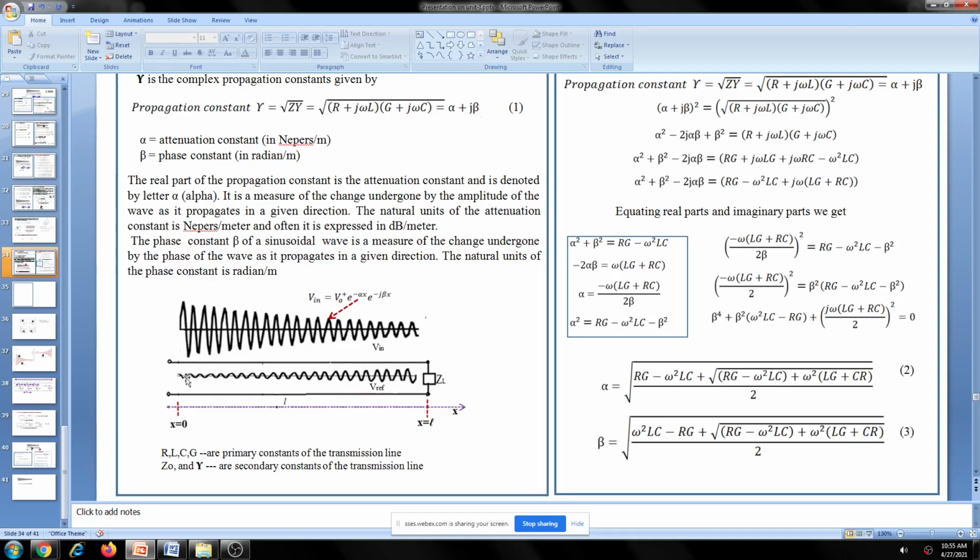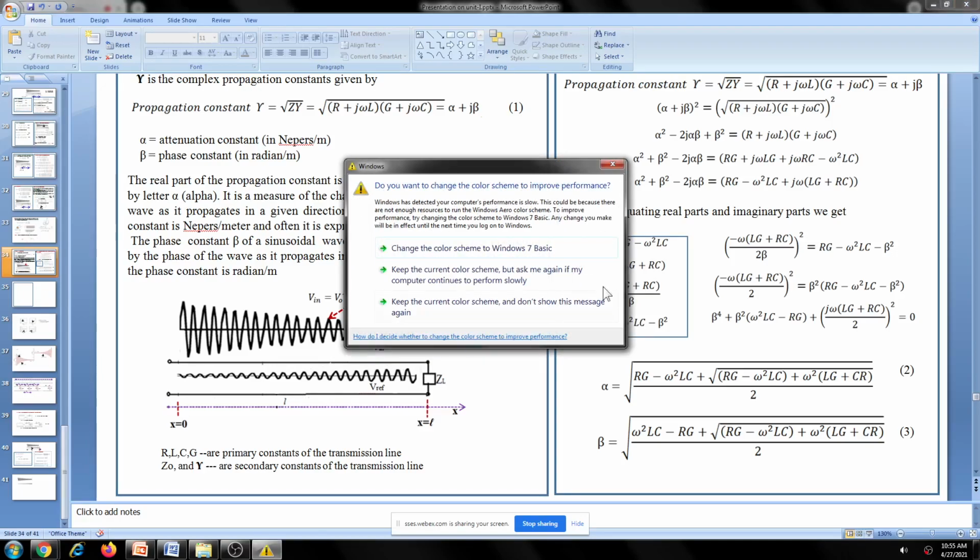For example, you are sending a voice signal. Voice signal means 0 to 20 kilohertz. If your voice signal travels here, that voice signal doesn't consist of a single frequency. It consists of frequencies from 0 to 20 kilohertz. So automatically, as the frequency changes, the frequency content of that voice also changes. Attenuation for each frequency content changes.